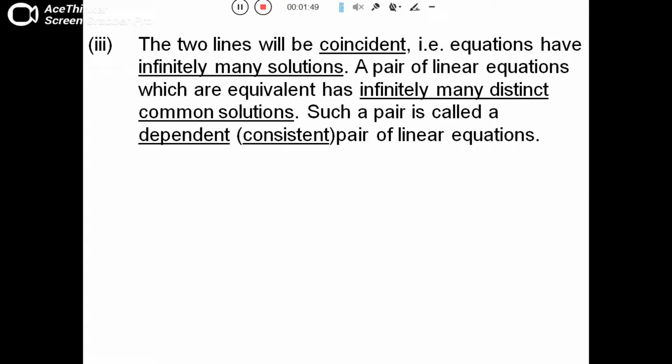And when the pair of equations is not giving a solution, in that condition the equations are called inconsistent. So children, be careful in this condition. Now see the figure: both the lines are overlapping each other. It means they are coinciding with each other, so producing infinitely many solutions, and since they are producing solutions, it is called consistent, and one equation is dependent on the second equation. That's why both equations are called dependent equations. Okay children,